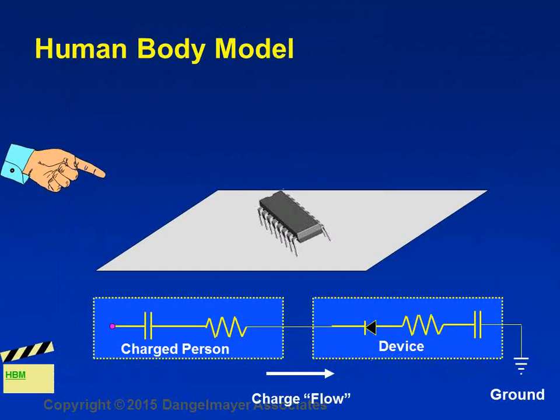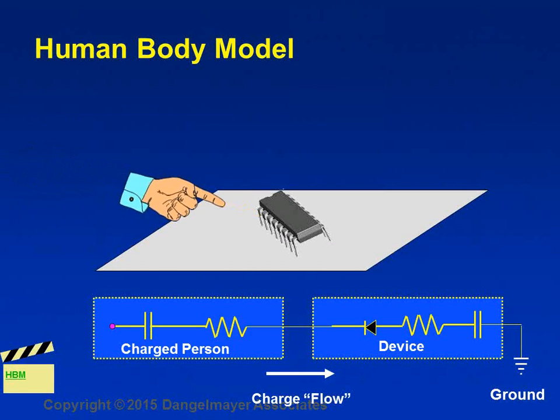As a brief review of the two models, this is the human body model, and it simulates a person becoming charged and discharging to your product, as you'll see here. In this simulation, the component is grounded, and that is one of the requirements within the standard, and it enables repeatable test results and worst-case conditions, which means in normal practice,